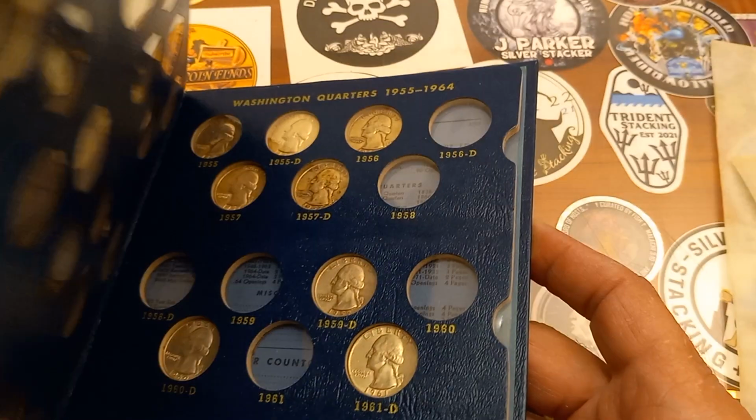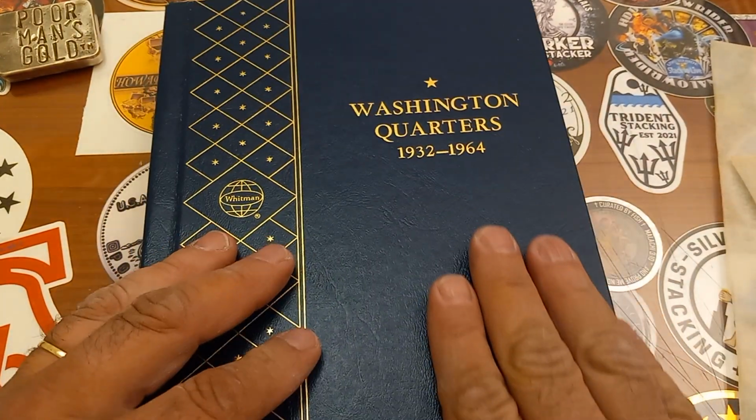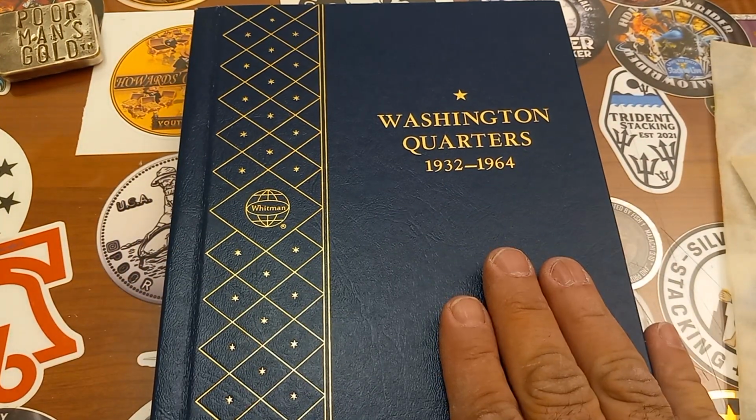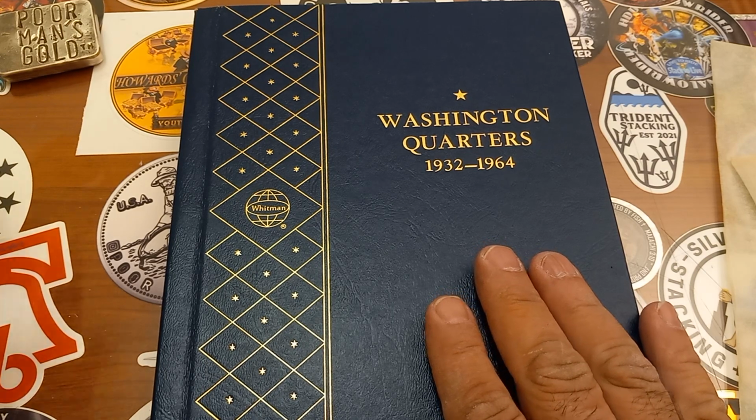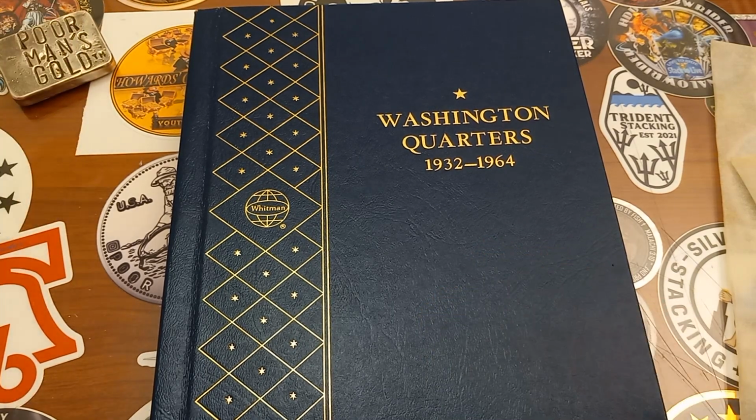But either way, I think the Washington Quarter album is coming along great. 46 out of 83 in there. So definitely doing great. Couple more trips to that junk bin at the LCS. And we'll have this book full, right? So either way,